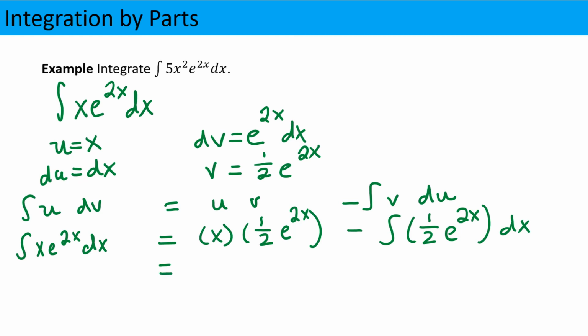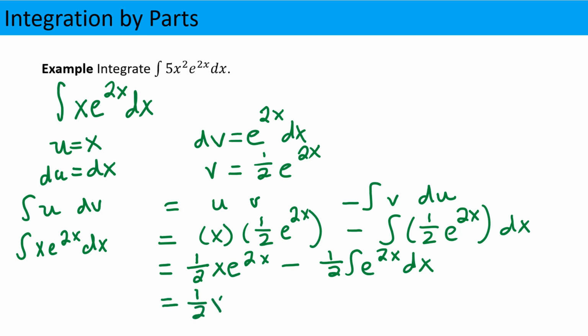Continuing, we could write this, put in the constant first, so 1/2 x e to the 2x. Then we need to integrate. Let's put that 1/2 outside the integral symbol. So the integral of e to the 2x dx. Guess what? We've already integrated e to the 2x dx, so now we'll have 1/2 x e to the 2x